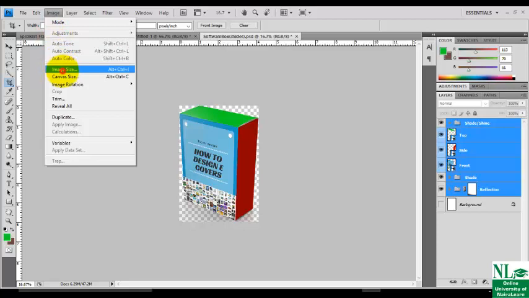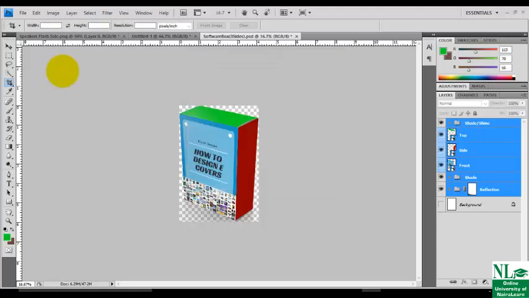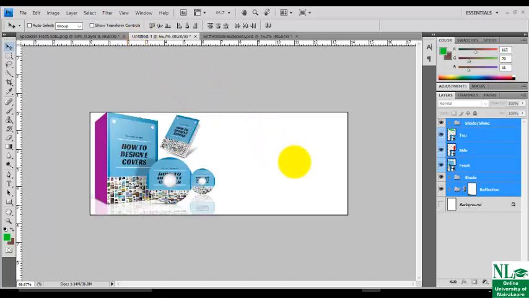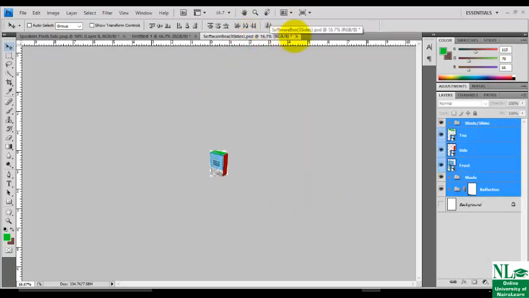Before moving it, go to image size and set it to, let me bring this to 350, still big, 300, still big, 280. Let's take the 280. Then click on pick tool, then move it. As you can see, we are good to go.